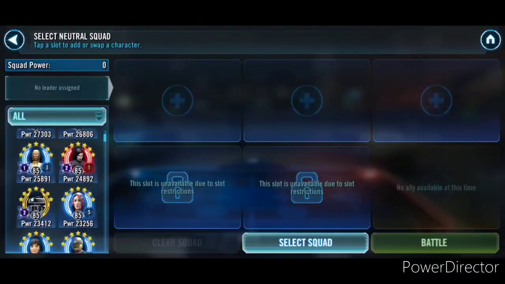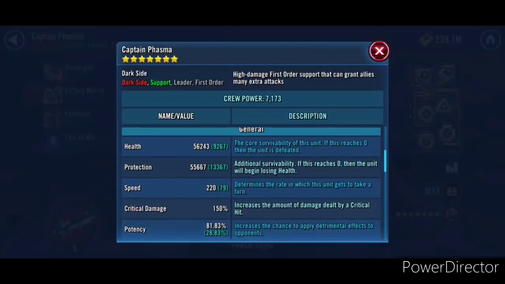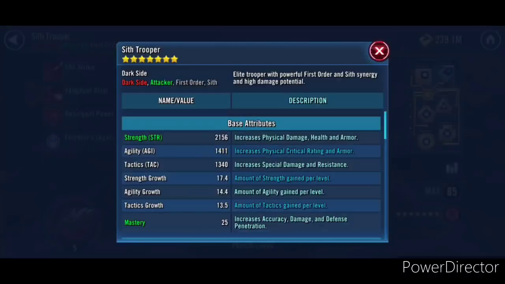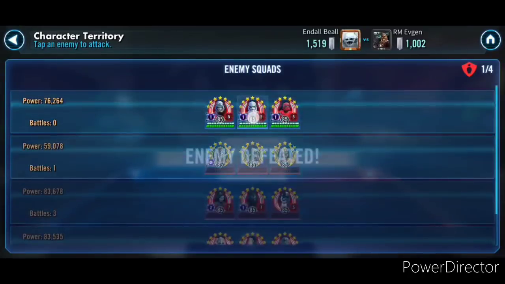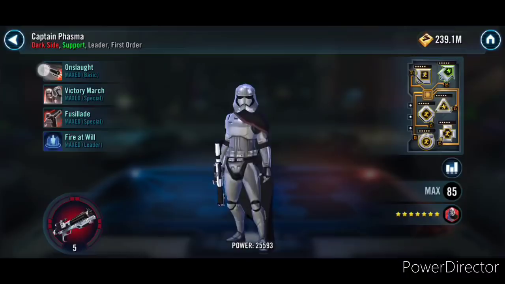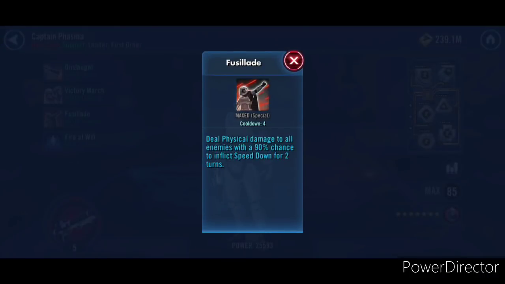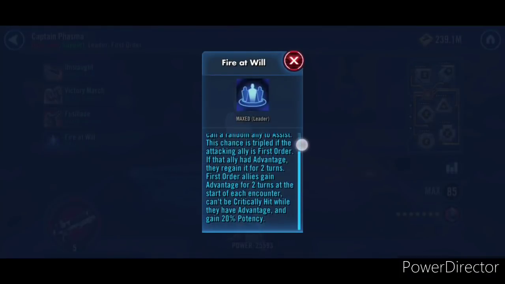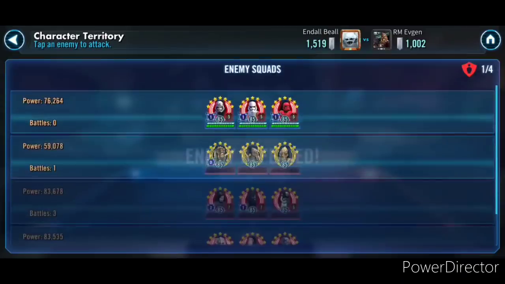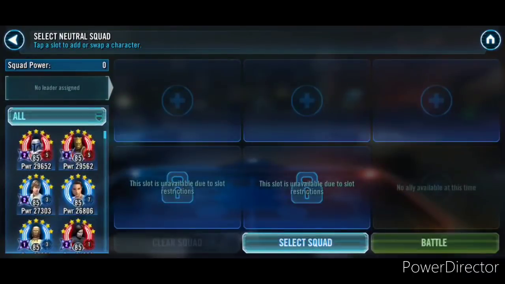What do I want to use? How fast are these guys? I can use crew against these guys, maybe 220, not too fast. Can get a couple of good stuns out fast on first order stormtrooper. And well, does plasma have a cleanse? No. Okay. What does the leadership do again? Okay. So it does have the Zeta on the leadership, which means they can't be crit as long as they have advantage. So I'm going to take in my first order over here,